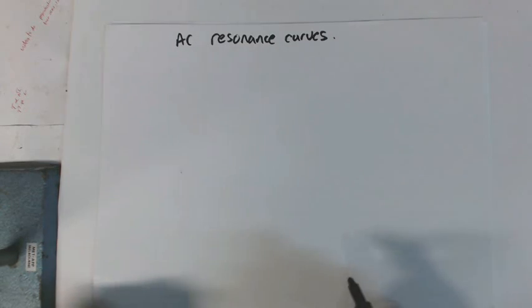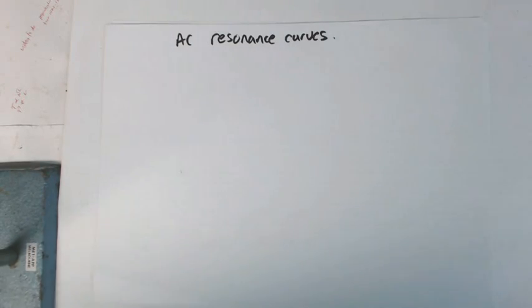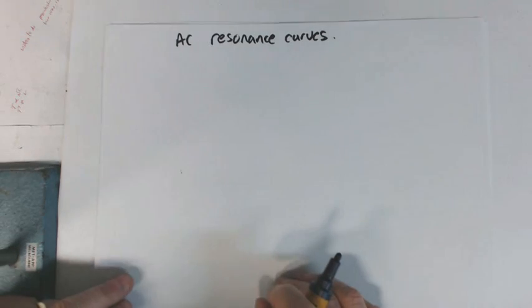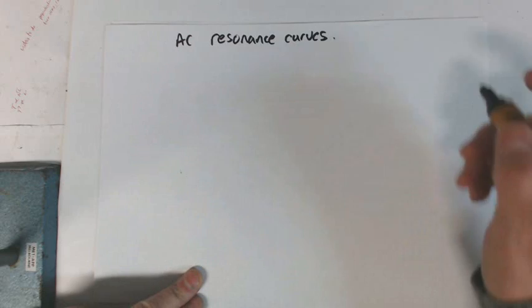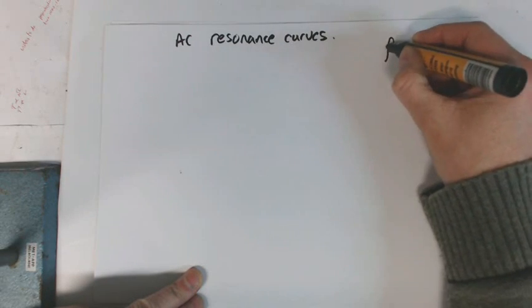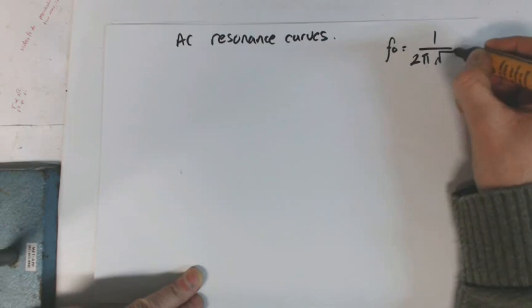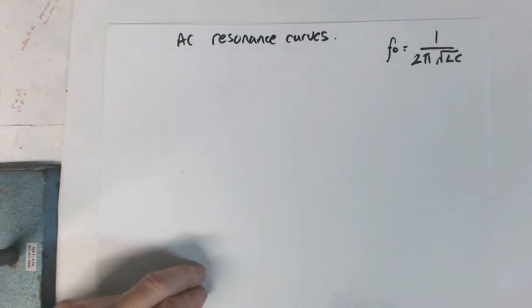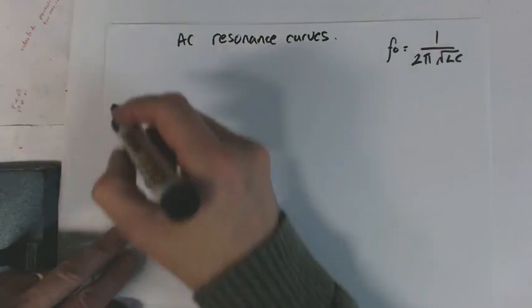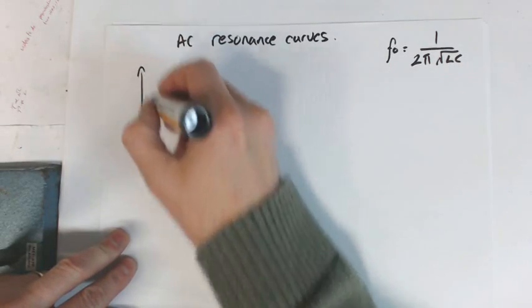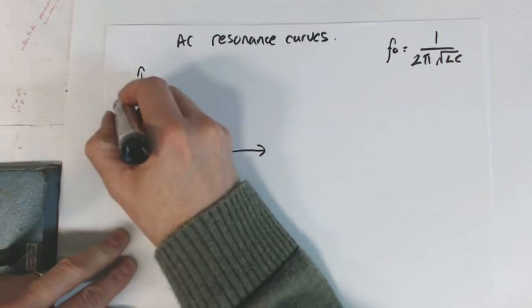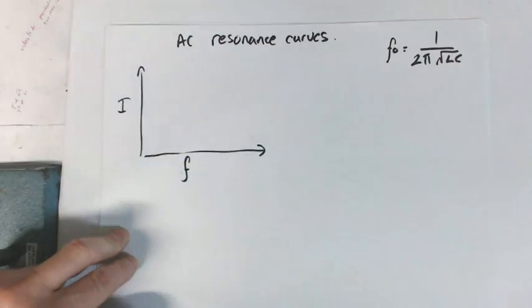Alright, I want to look at AC resonance curves here. We did a little bit on AC resonance just with the phases and working out what it was and the formula. I think you know that the formula now is F0 equals 1 over 2 pi square root of LC. So if we're going to draw, often these curves are done where what we're measuring is current against frequency,